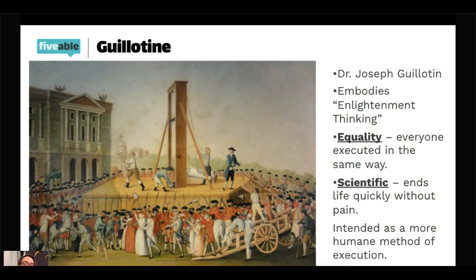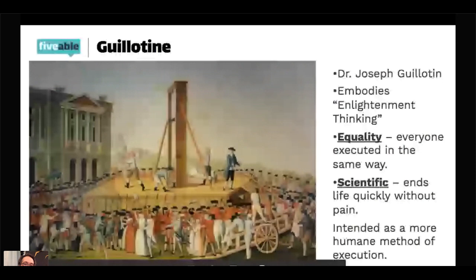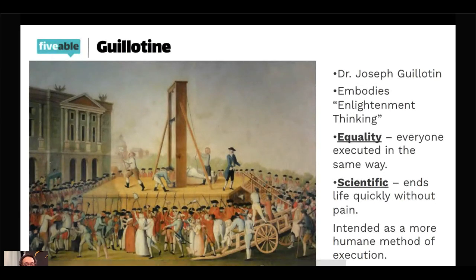During the French Revolution, this is called the national razor. You have thousands of people who are constantly being executed in France. So the French Revolution really gets out of control. If we do a compare and contrast with the English Revolution or the American Revolution, altogether they removed one person and replaced them with another. They found stability afterward. In the French Revolution, things are just getting out of control